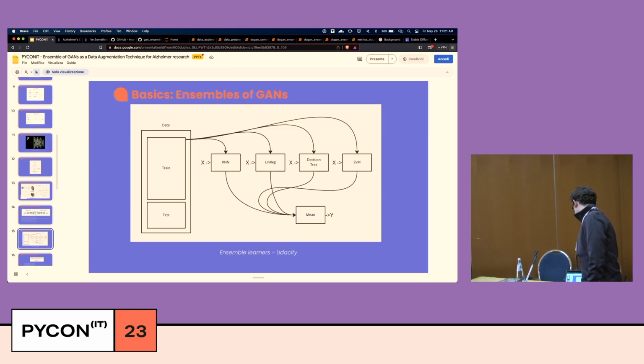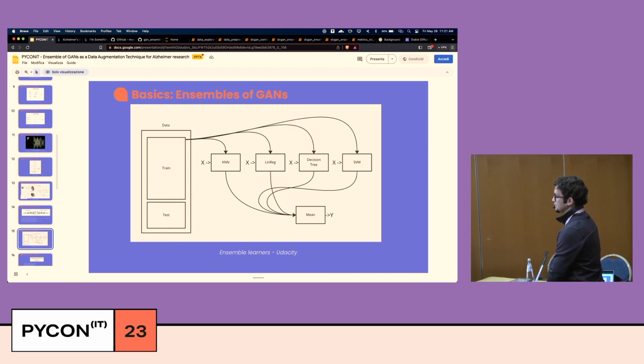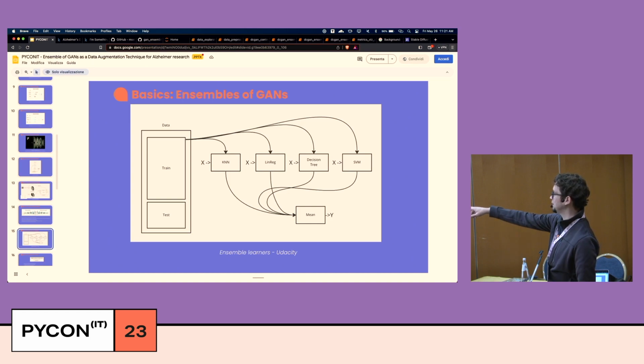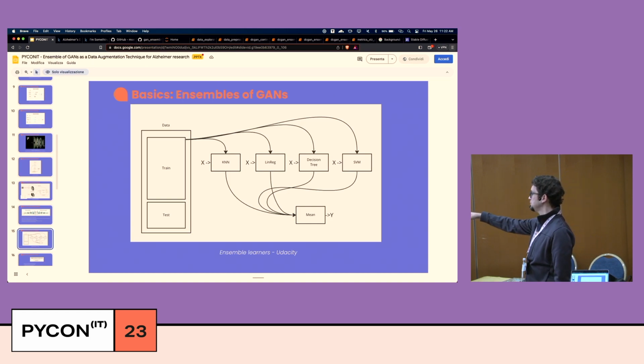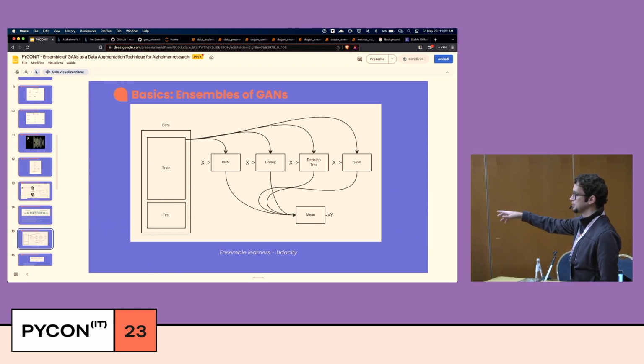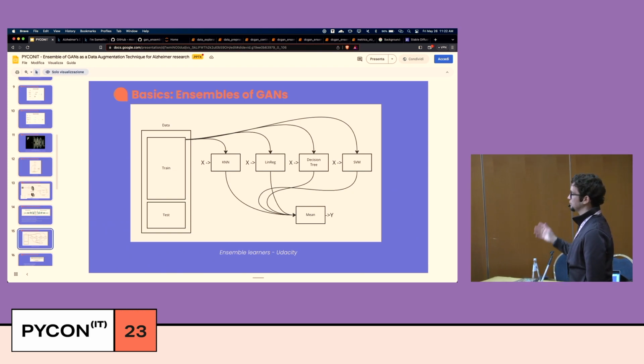And yeah, so what is an ensemble of GANs? When I first saw this, I thought that, oh man, this is a very complex concept. But it's not, right? It sounds very cool, but it's very simple at the same time. So in this case, if you have like a set of models, like you have, I don't know, a decision tree, support vector machine for predicting some kind of value you are trying to predict,